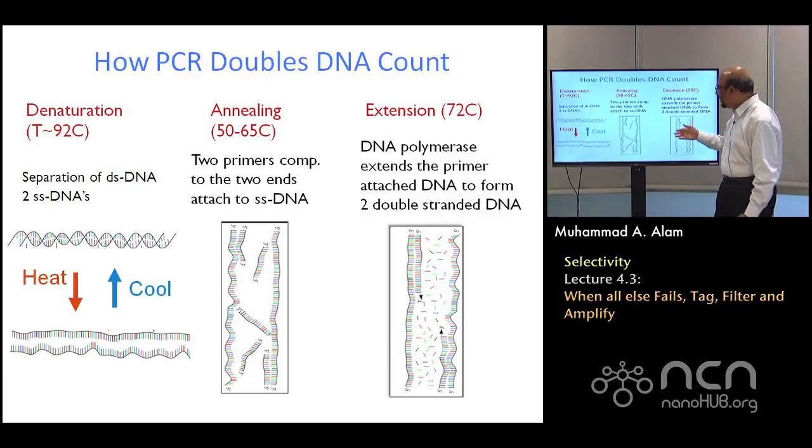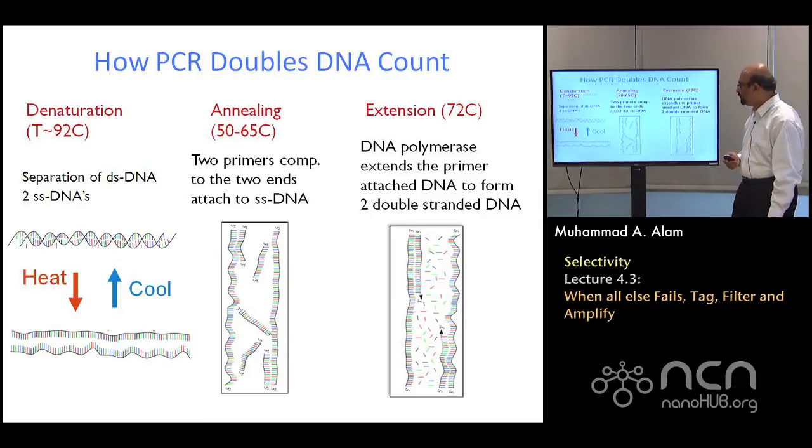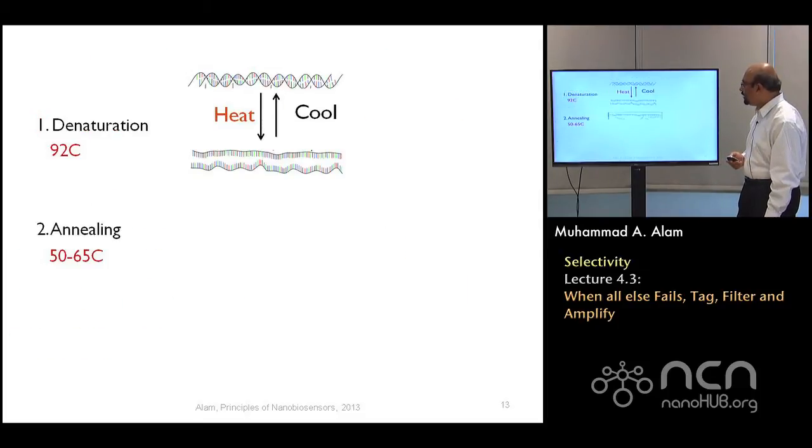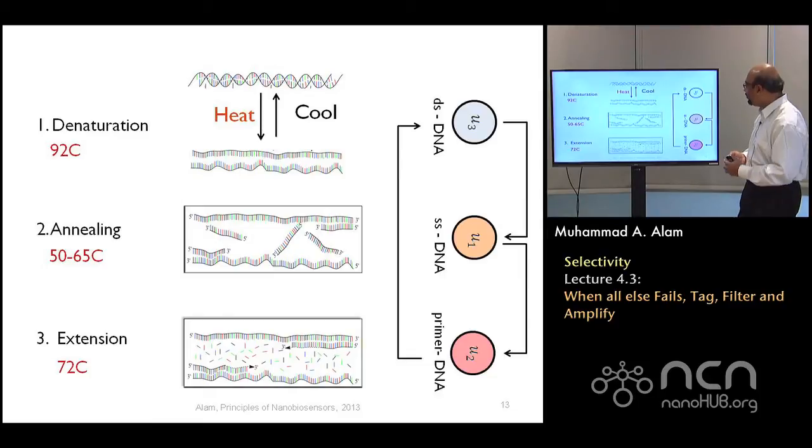And then what will happen is, in the solution, if you add a lot of ATCG, all these molecules will randomly come and attach, A to T, C to G, and gradually it will build it back. And very soon you will have two copies of the original DNA. So this is cycle 1. Then you can do this cycle again. Each one of them that you just formed will now become 2 more. And so there will be 4, 8, 16, and so on and so forth. So generally there are these 3 steps.